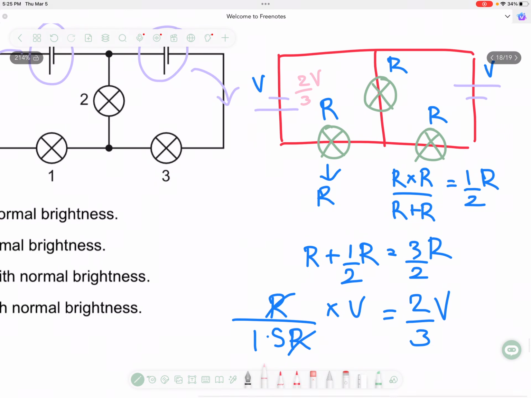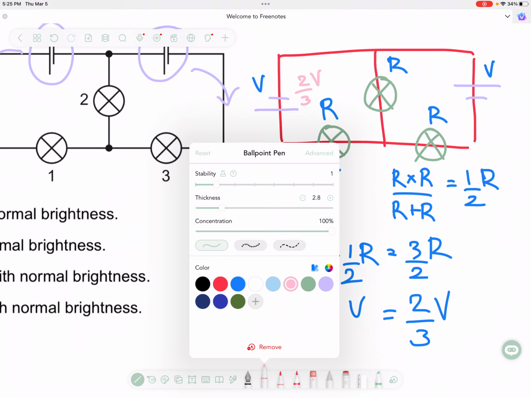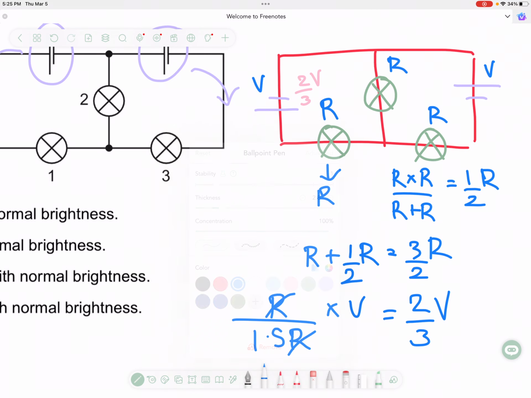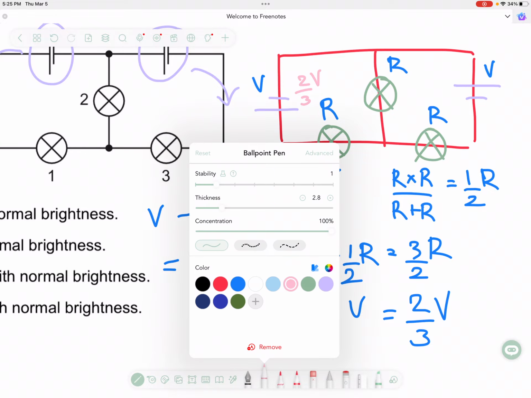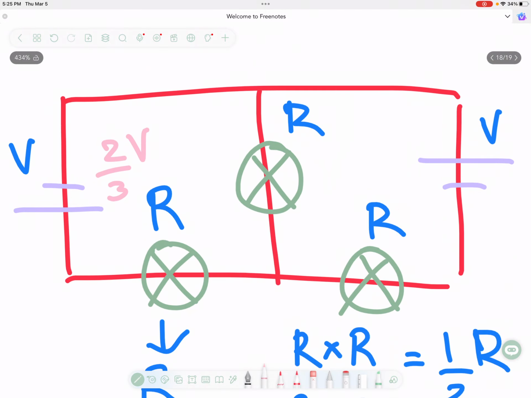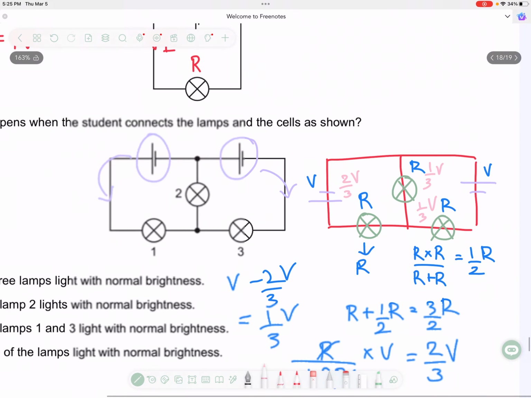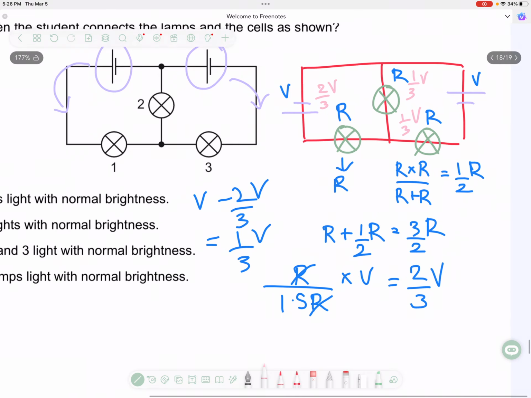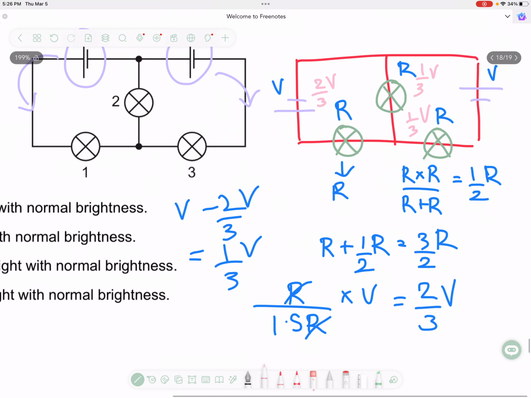And this over here is just going to be V minus 2 by 3V, which is 1 minus 2 by 3. It's going to be 1 by 3V. Essentially this one and this one, both of these resistors are going to get 1 by 3V because they are in parallel. So it does not matter, they both are going to get 1 by 3V. Okay,